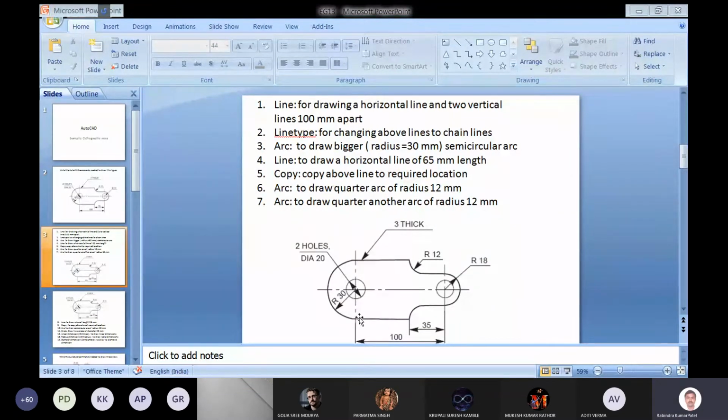So in this arc, by using the arc command, this can be made. Another is the line command to draw a horizontal line of 65 length. This line, it is talking about this line, that is a 65 length line we can draw. After that, use the copy command to copy this line at a required location, at this location. So we'll be able to draw these two lines,